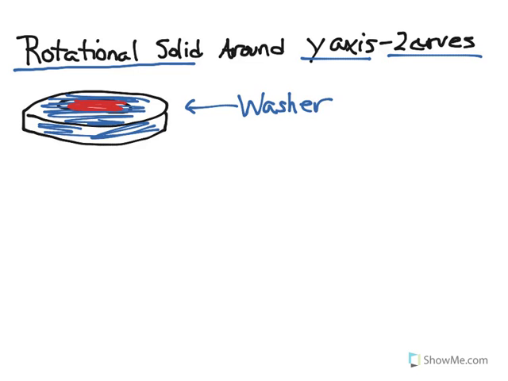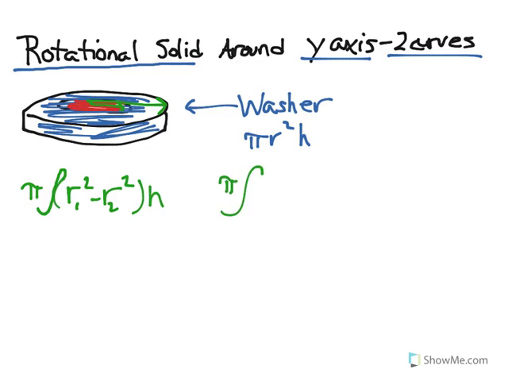All we need to do each time is remember the volume of a slab is pi r squared h. The height is always going to be the thickness, and all we need to find are the inside radius and the outside radius. And we can use either approach to the problem. We can find the integral of pi (r1 squared minus r2 squared) dh. Let me just put h there for now because I didn't pick a direction. Or we can do it in two separate pieces, pi r1 squared h minus pi r2 squared h, where it's always